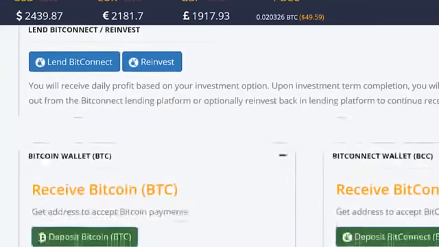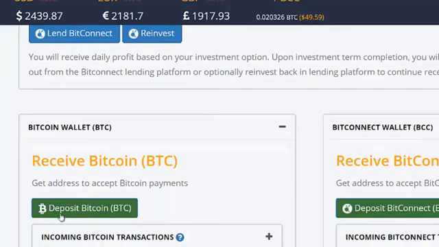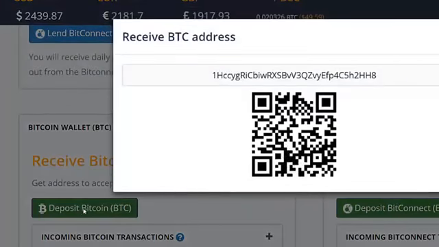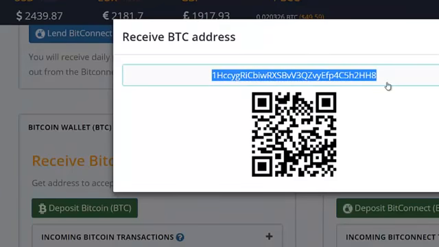All right, so now we're going to scroll down and click where it says deposit BTC. That stands for deposit Bitcoin. We're going to left click here. And now this is going to give us a deposit address. Now, you can also do this with your phone. I've never done the whole QR code thing. What I always do is simply grab this right here, copy it, and run over to a Bitcoin wallet, and send